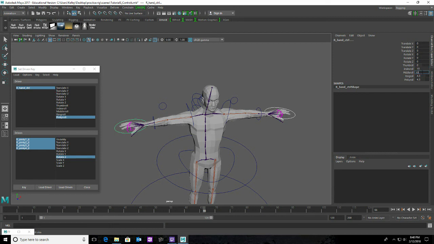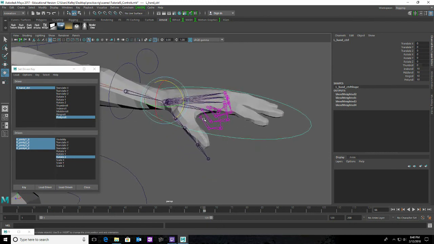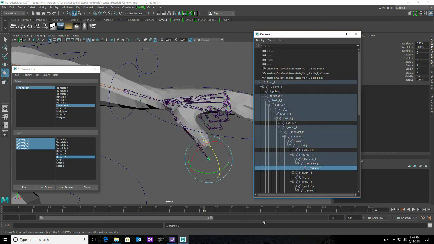Just so we have our fingers sort of curled all the way up, because now we need to do the thumbs. So let me go ahead and start back with this left hand again. So we're going to load that into the driver because we're working with the left hand. And we're going to work with the thumb roll. Let me get my joints back up here and get my left thumb. Yeah, it's going to be under here, looks like. All of my left thumb joints. Those are going to be